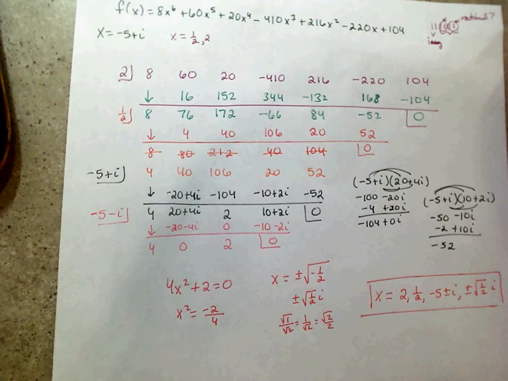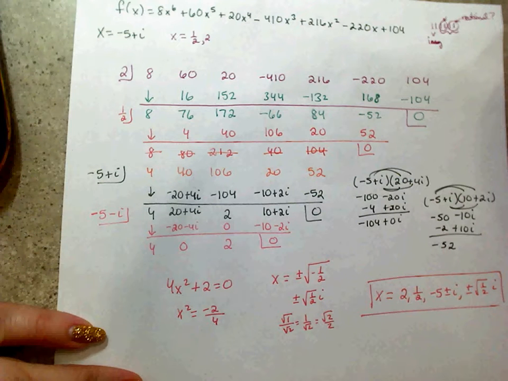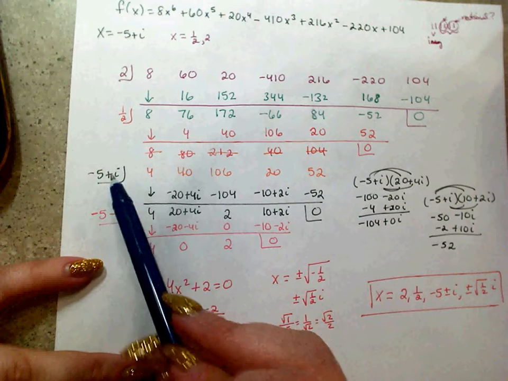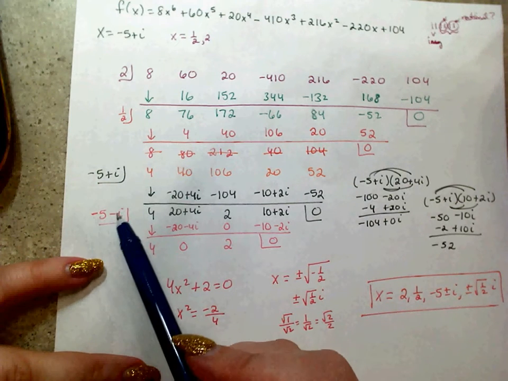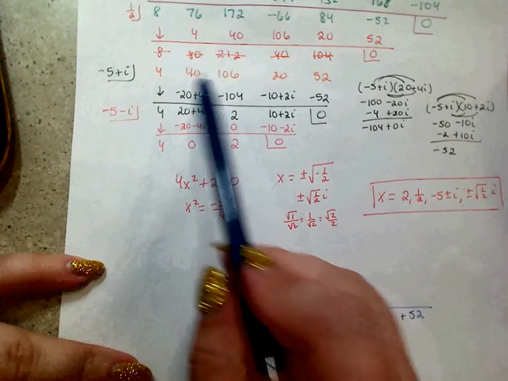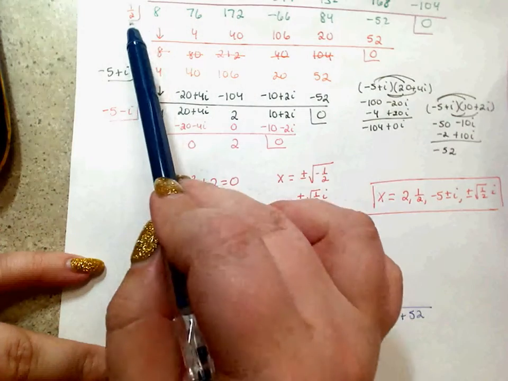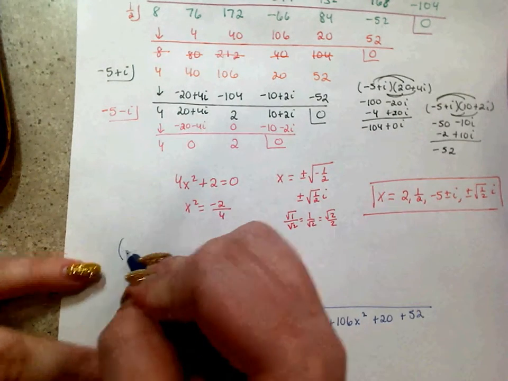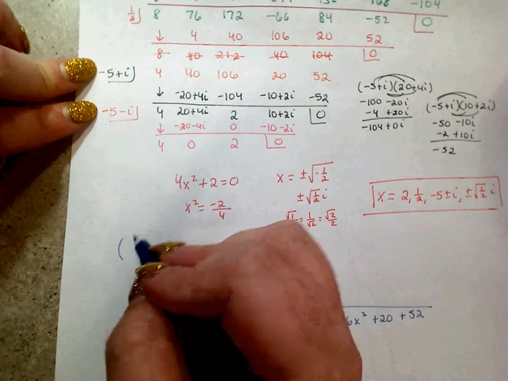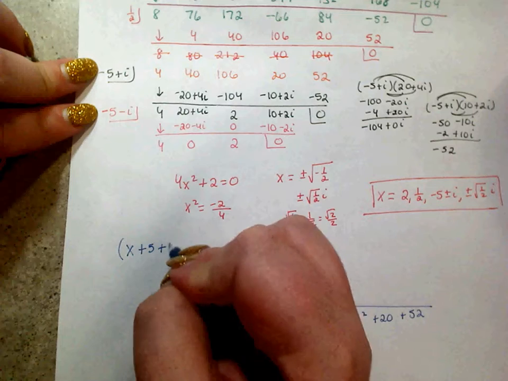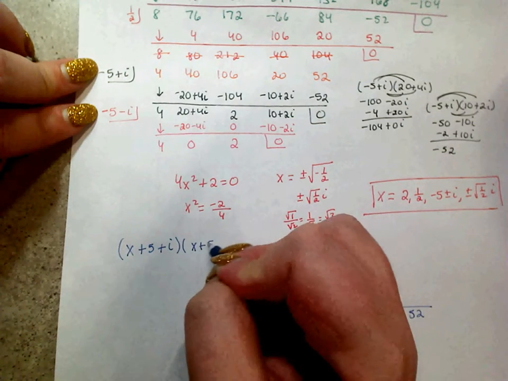So instead of dividing each of these individually, we would divide by the product of their factors. Sorry, I just wrote that out. You can see what I was writing. I was writing out this quartic that was left over after I divided by 2 roots. So I'm going to use this space right here to put these in factored form. x, it's a negative 5 in both cases, so x plus 5 plus i, and x plus 5 minus i. Okay, we multiply these out, we get x squared